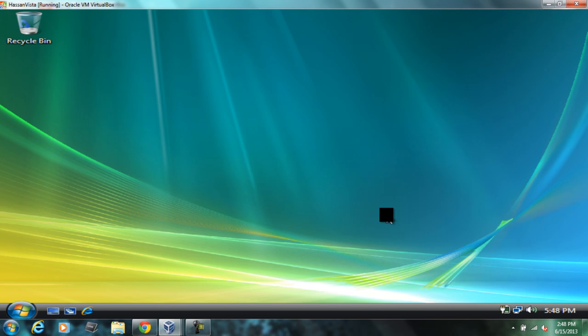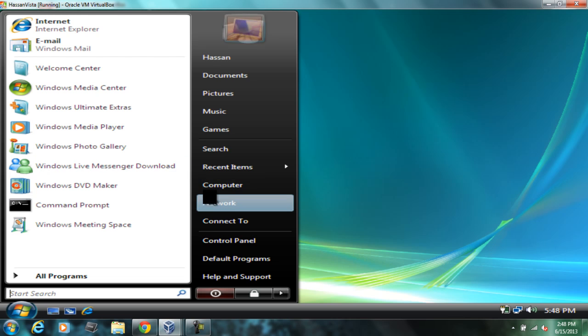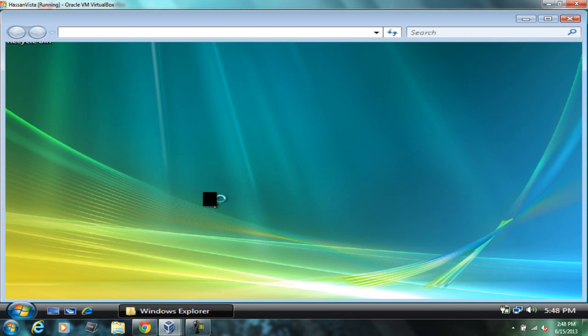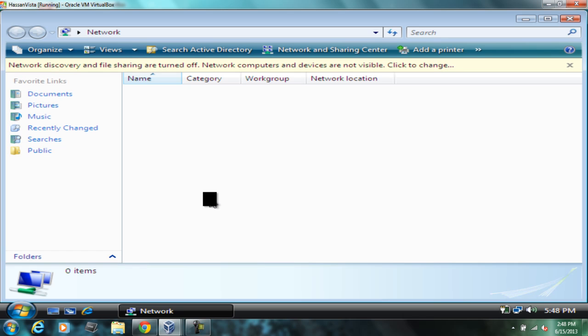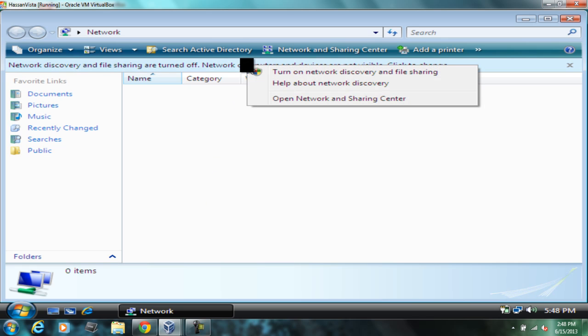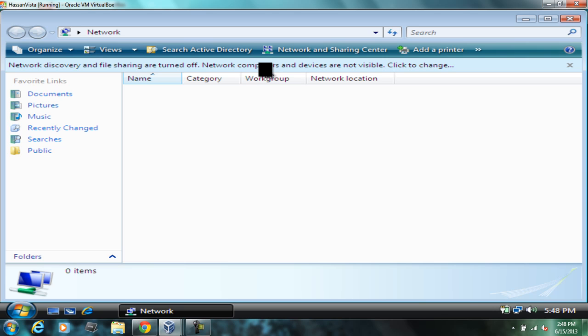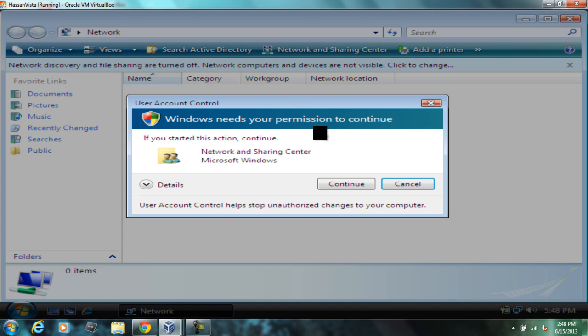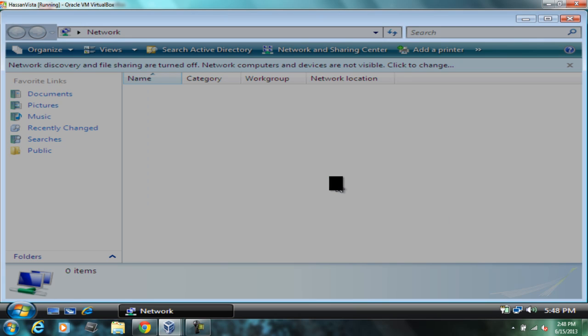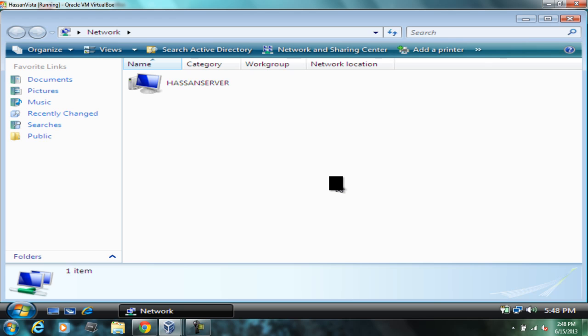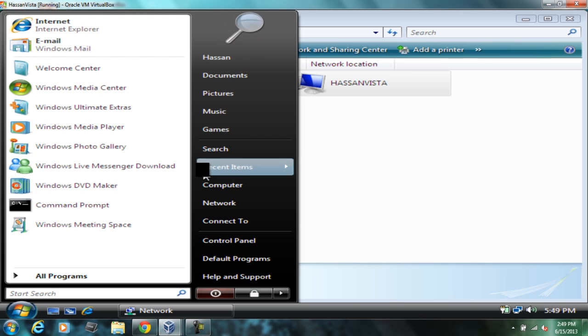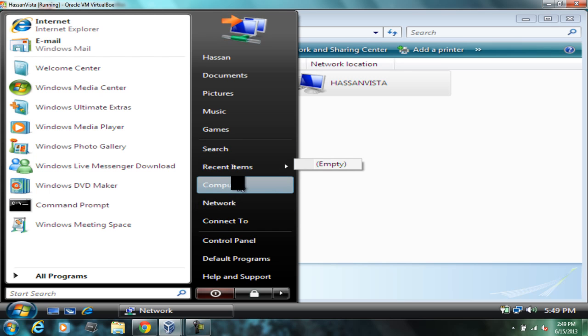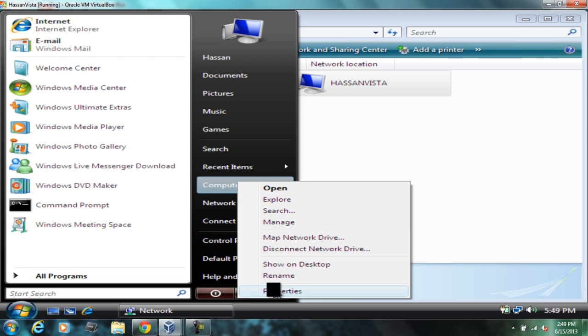We now want to go into the start menu. Select network. In order to see the system connected to the domain, we have to turn on network discovery. I right click, select continue. And we can now see the two systems that are on the domain, which are the Windows Server 2008 and the Windows Vista. Now we go into My Computer, Properties,